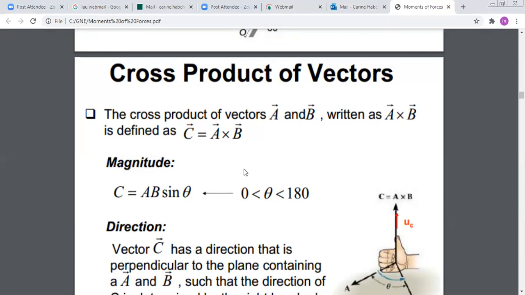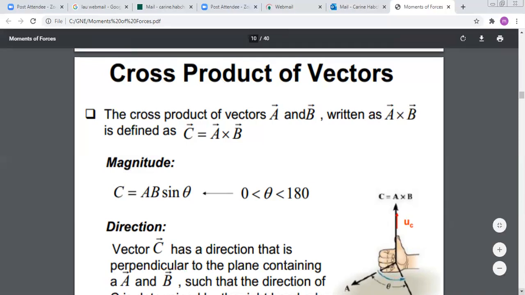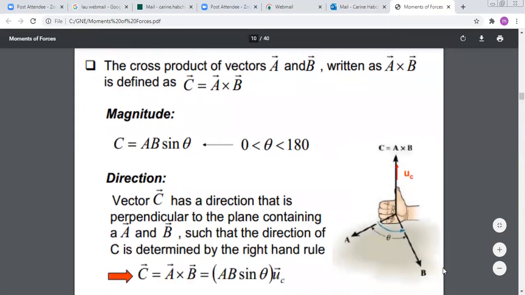First, for the magnitude, if I have A vectorial B, the magnitude of vector C will be the magnitude of A times the magnitude of B times sine of the angle between them. In this figure, you have two vectors, A and B. If you do the vectorial product, you will get a third vector of magnitude equal to the magnitude of the first vector times the magnitude of the second vector times sine of the angle in between. Now concerning the direction,